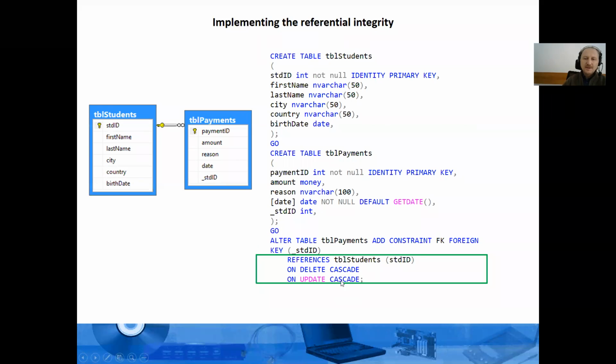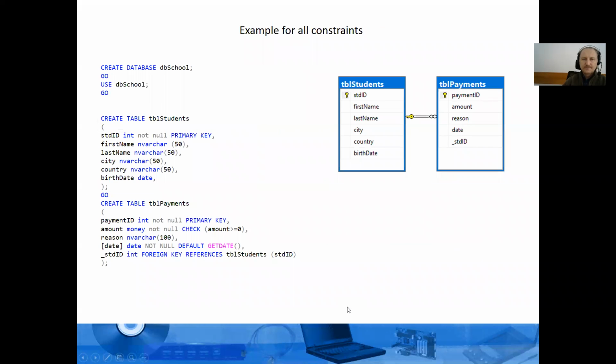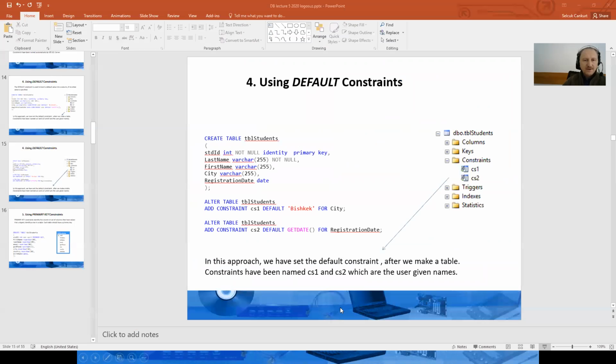Cascade means when you delete a parent record, you can delete it, but automatically it will also delete all the child records. Yes, in the update also, vice versa. Here there's one good example